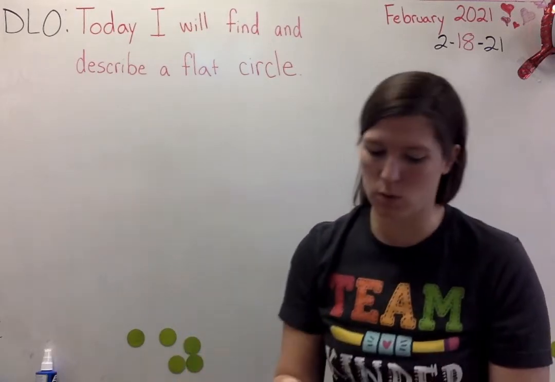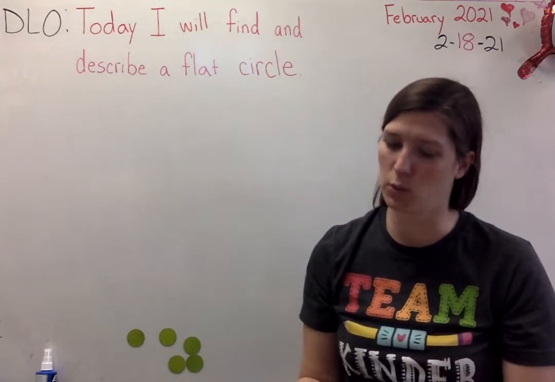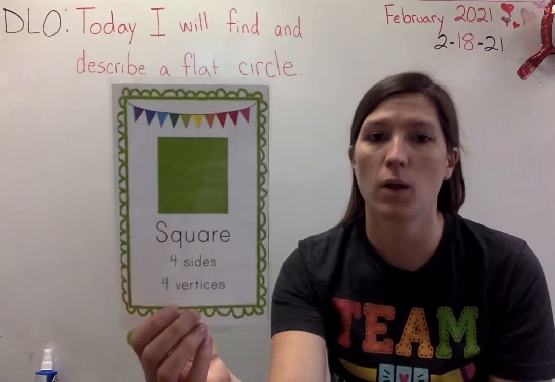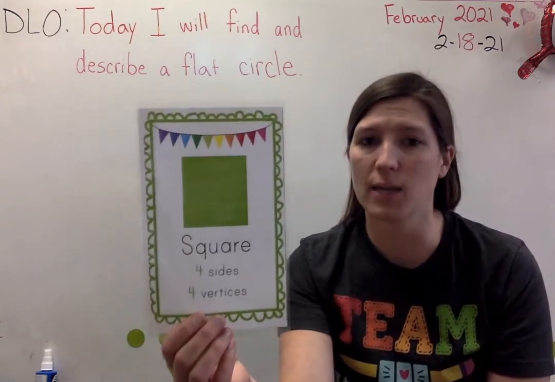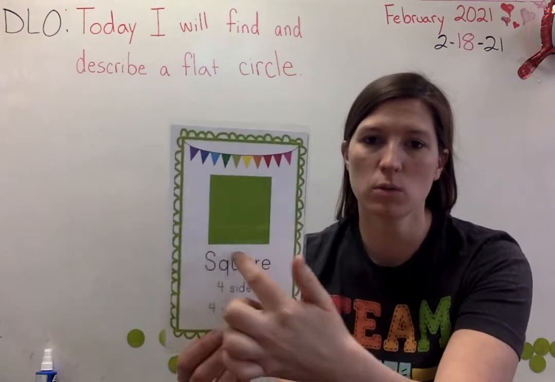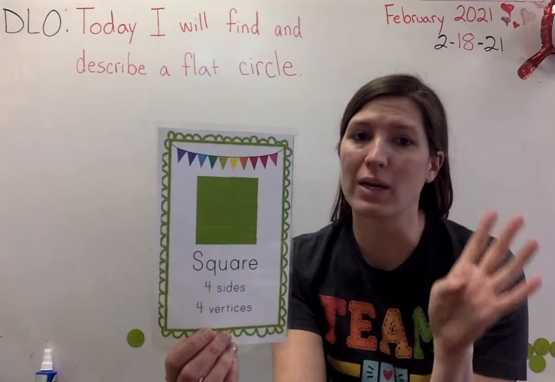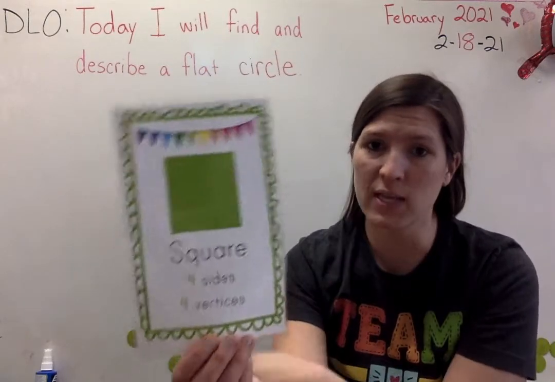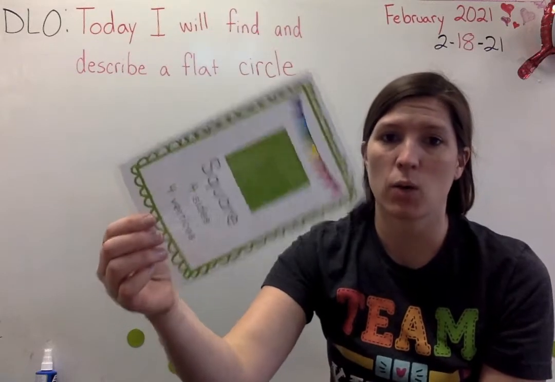Circle, what's a circle? Think about that. Let's review all the other shapes real quick. What shape is this? Square. How many sides does a square have? 4. Why is a square special? Because it has 4 equal sides. Equal means the same. So all of the sides are the same, and it doesn't matter which way I turn